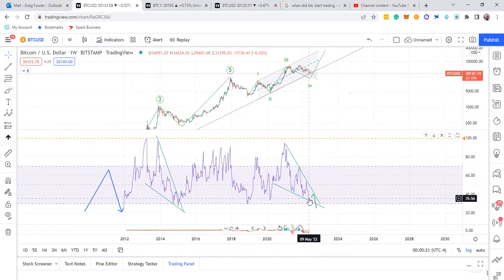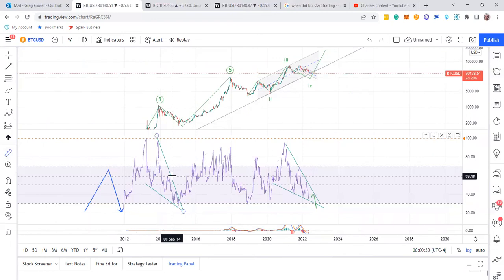For this RSI on this weekly chart to go up like this and make that move is like 5 months. Just to give you an idea, this over here went from September to January. So let me see that. October, November, December, January, 4 months for that move to be done. So at least 4 months right there.